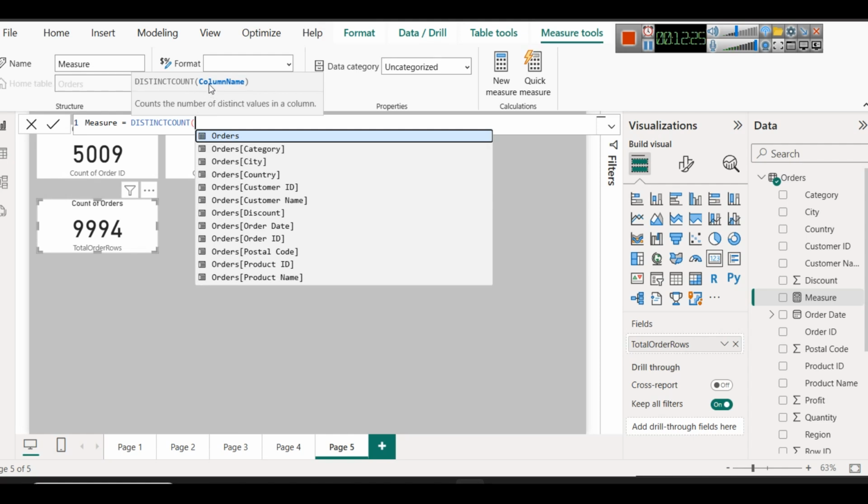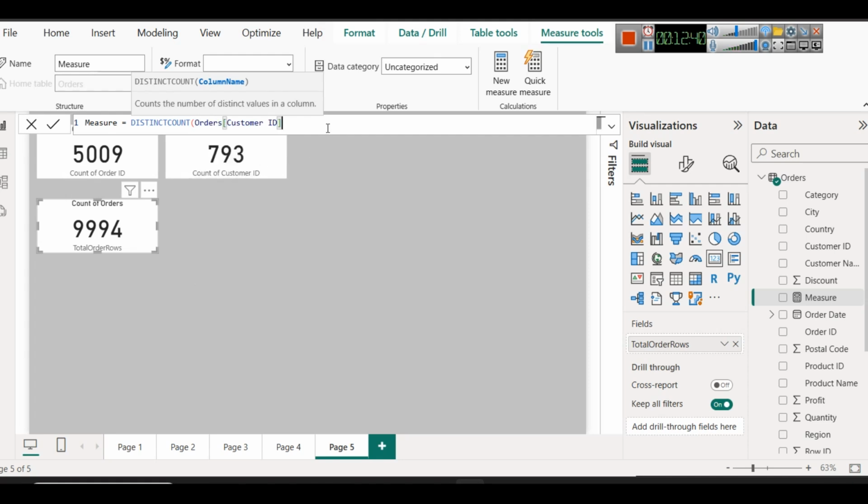Why? Because you cannot do it on a table. Distinct count can only be done on what? A column, right? So if we do DISTINCTCOUNT Customer ID like this,